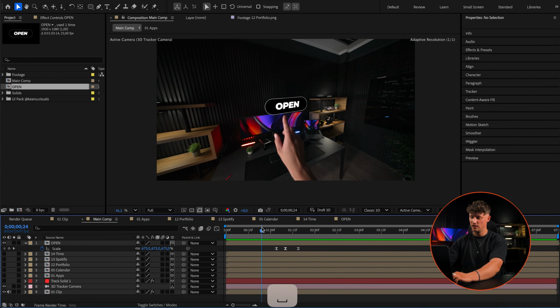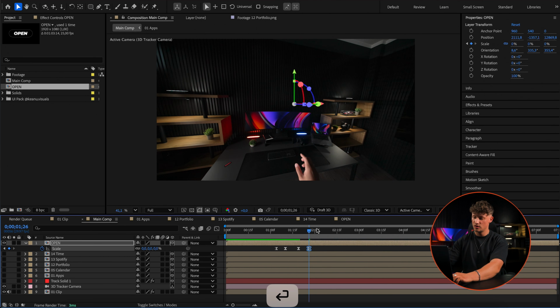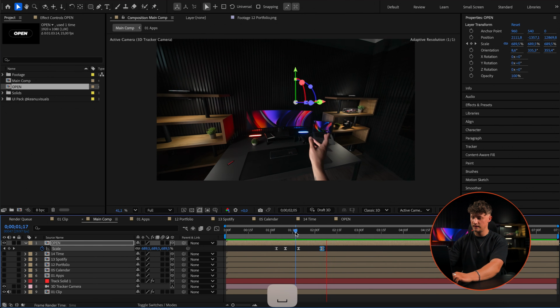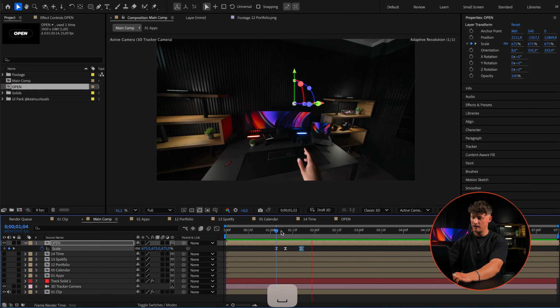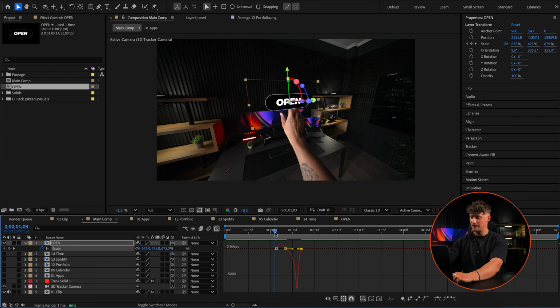Yes, that's pretty cool. Like that, and here it can actually go back to 0, so the button actually disappears when everything else opens. So like that, yes, it's actually pretty cool. We can actually remove the last keyframe and make a small bump and then make it disappear. Go here into the curves, and I just want everything to happen a little bit more with a ramp. So we ramp it up here in the speed ramps.